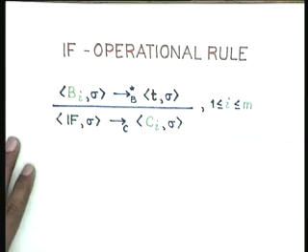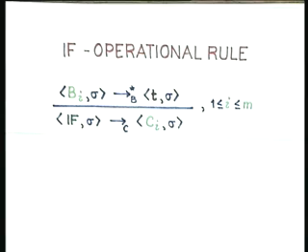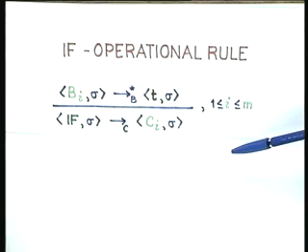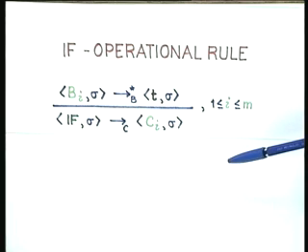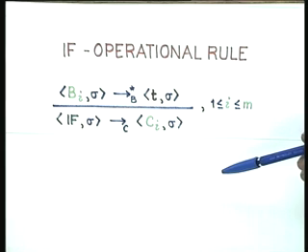So the operational rule for the if is as follows, and this is the first instance of a rule which actually makes your transition system non-deterministic. I mean we can add these constructs to the while language, for example, for which we have defined a deterministic set of rules, right. The moment you add these constructs to the while language and give this set of rules, you get the first instance of a non-deterministic transition system, right.